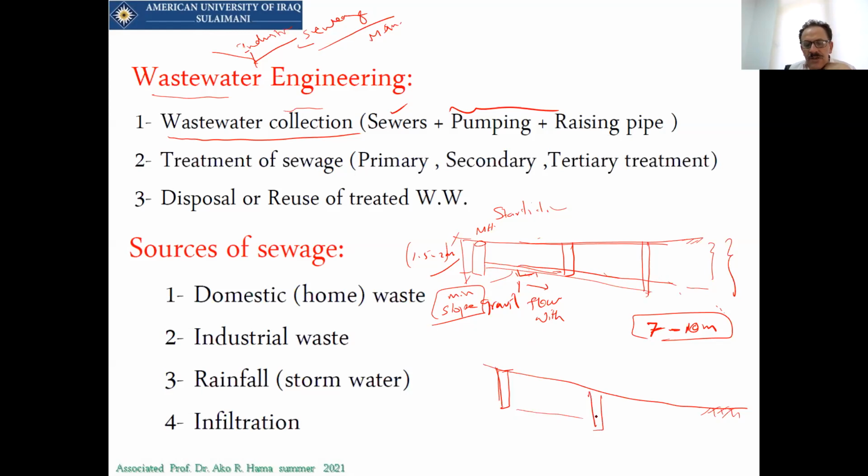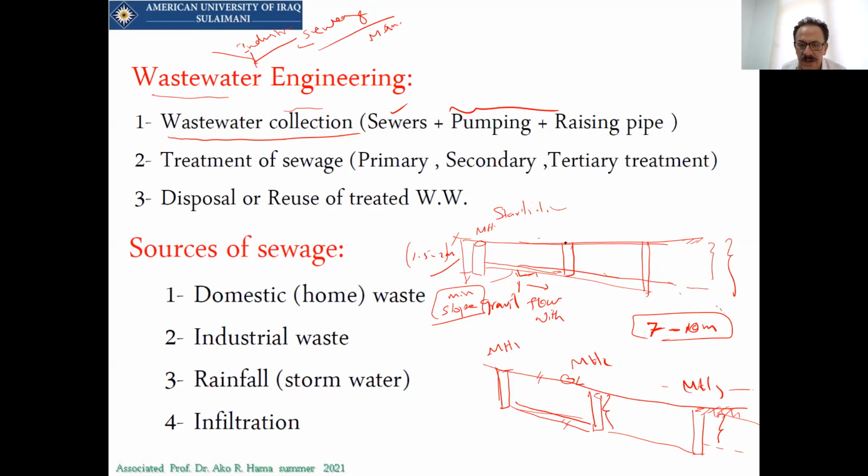The case is that the ground level is already sloped. So when we have a pipe, mostly the pipe slope will go with the slope of the ground. Even if you have, for example, manhole number 1, manhole number 2, and manhole number 3, maybe 10 manholes, the depth of the excavation will still be within the acceptable range. That means you don't need to lift the sewage.